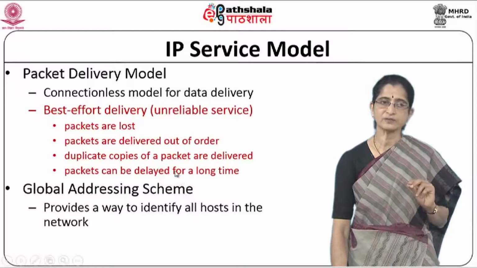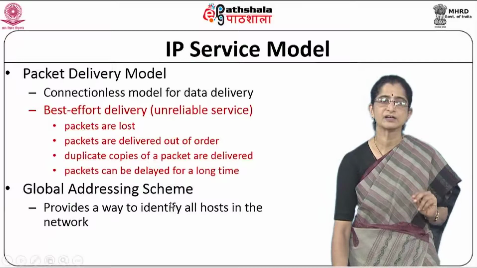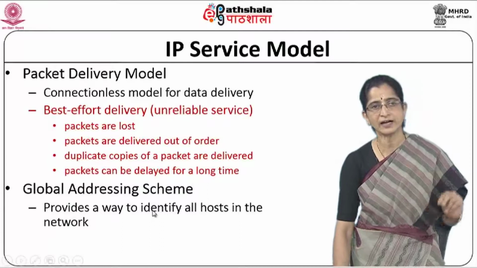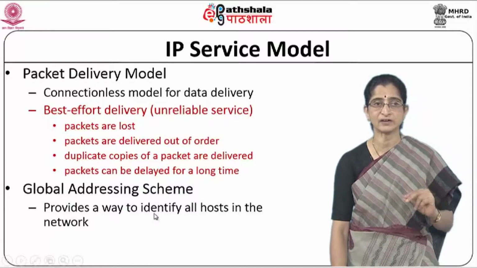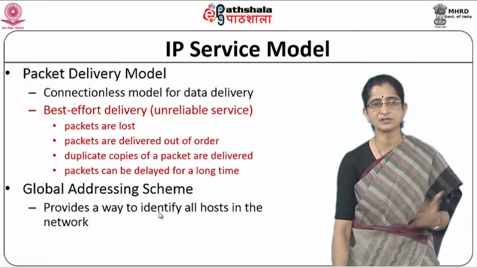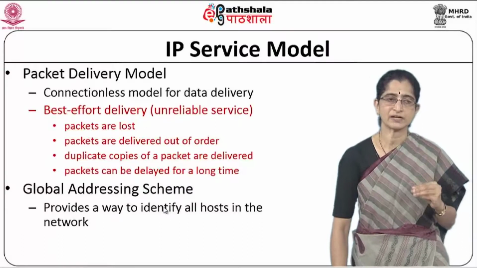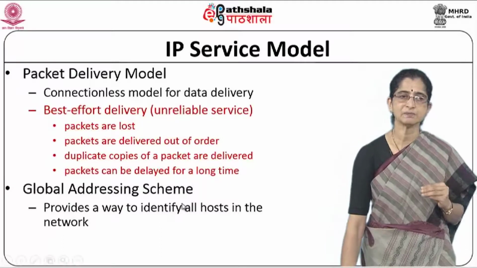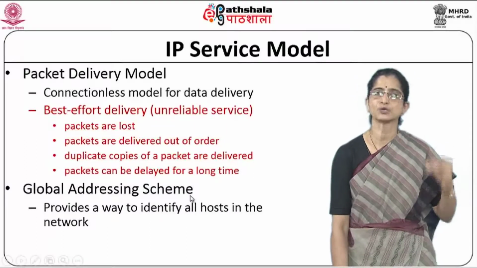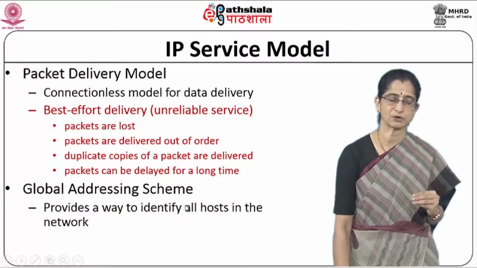And one of the important aspects of the IP service model is it provides us a global addressing scheme so that you can identify all hosts in any network in the entire inter-networked world, in the complete network. We have different networks and different routers connecting up these networks, and different hosts on each of these networks. What IP provides us as part of its addressing scheme is a global addressing scheme where you can identify a network and a host within a network. Okay. So, this addressing scheme is a very important aspect of the IP service model.